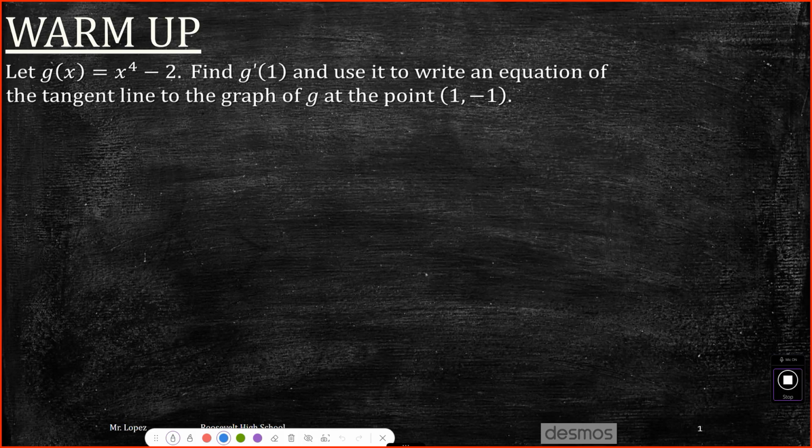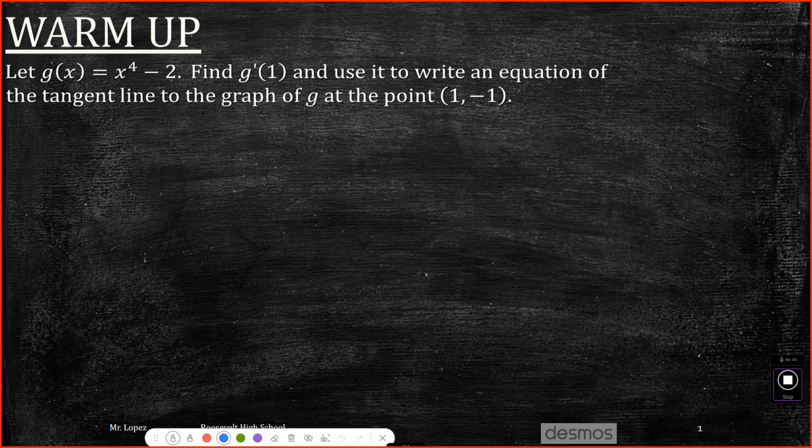Let g of x be this fourth degree binomial, and we're going to find the derivative at 1, and we're going to use it to write an equation of the tangent line to the graph of g at the point (1, -1). Okay, so last time we figured out the definition of the derivative at a point,